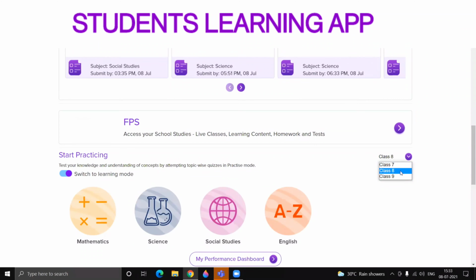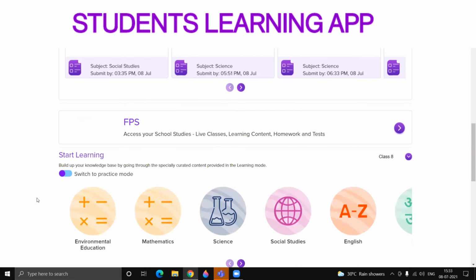So let me take you through the present class. For classes 3 and below, we have learning content and assessment elements in one platform. And for the higher classes, we have divided into learning mode and practice mode. So let me take you through the learning mode. I have a dongle button which moves to the left and right. I'll move to the left side, which takes me through the learning mode.